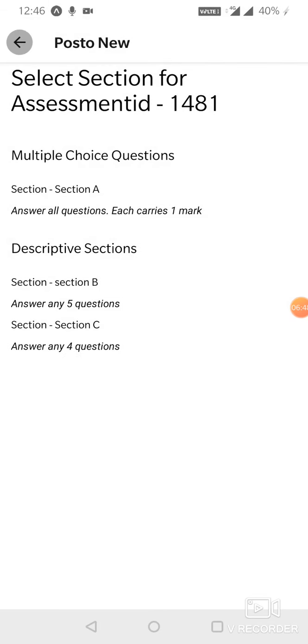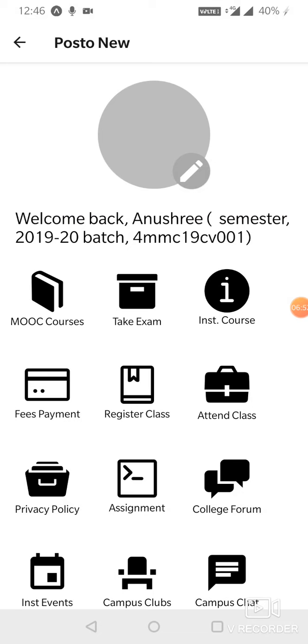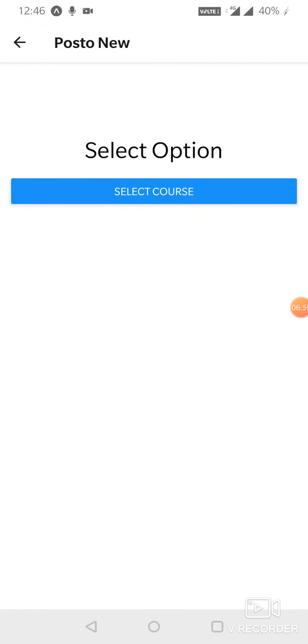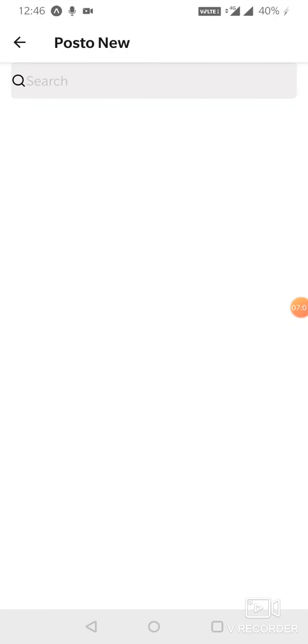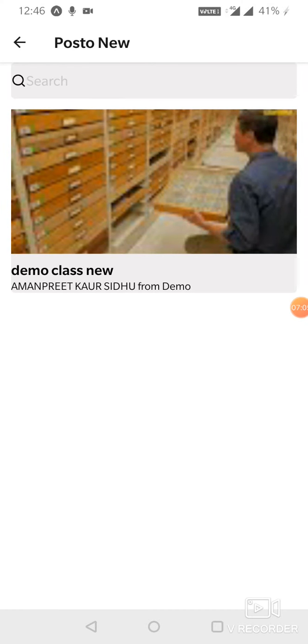Coming to the institutional courses, if your faculty has uploaded some material like PPT, PDF and so on, you can always go to institutional courses, select the course, and then you will be able to see the pre-recorded classes, or the materials and notes uploaded by your faculty.